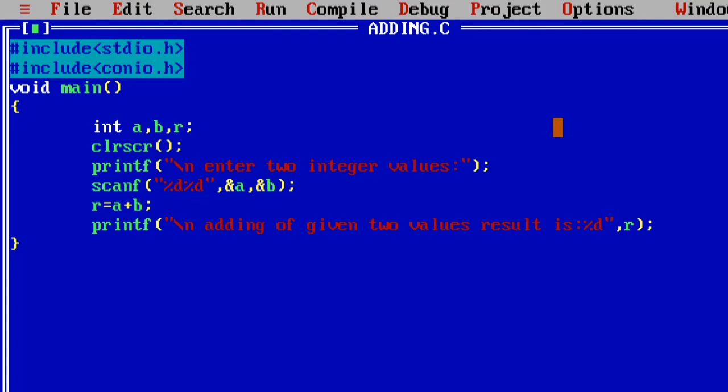In this example, just assume I'm a programmer. One customer comes to my place and asks me to code a C program for adding two numbers. He doesn't know C language; he knows only the operation methodology.